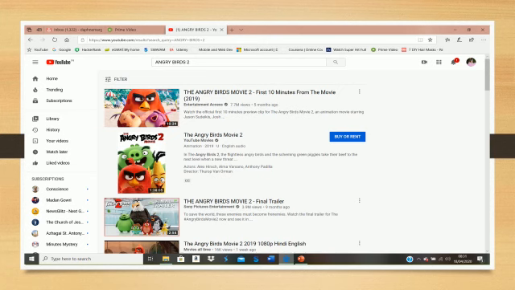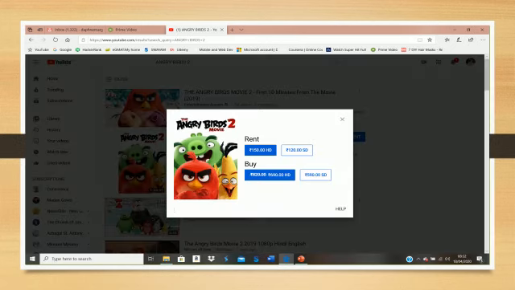Here we can see one more example from YouTube. If I want to buy or rent this movie, the Angry Birds 2 movie, I'll be clicking on this buy or rent option. Clicking on that option doesn't lead me to a new screen. Instead, the overlay is displayed to complete the further procedures of buying or renting that movie. It helps the user to stay on the same page and complete her work.